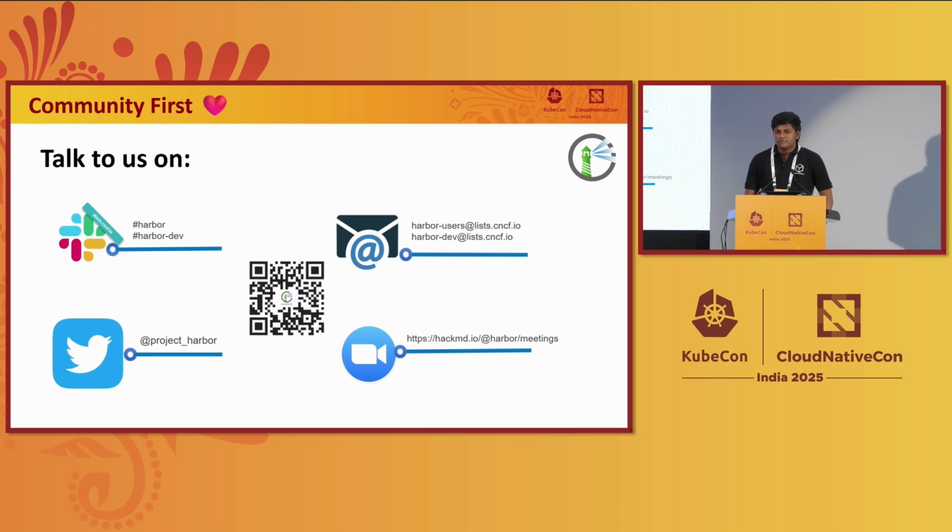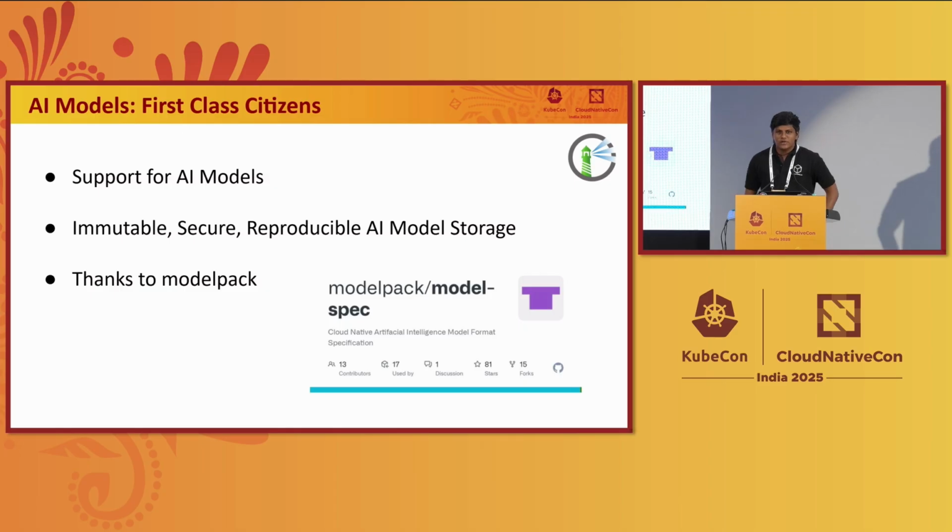So the agenda of this is how Harbor as a container registry is going to take part in this AI ecosystem. Everyone knows that the AI ecosystem is pretty much fragmented. You have the datasets on S3 buckets, you have your configs on some Git server, and then you have your other models on Azure or S3 buckets or anywhere. It's pretty much fragmented, and there is no single way of storing, versioning, and tagging AI models. And there is no talk about how we are going to distribute the AI models into the Kubernetes cluster.